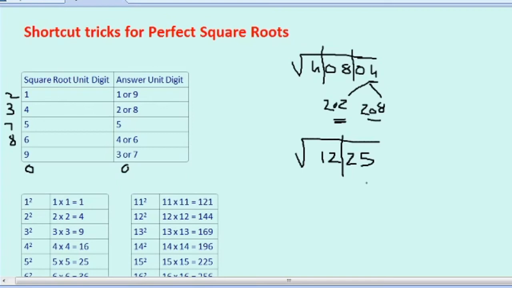So when it is 5, we are sure that it is going to end with 5. Okay, next step you have to do is, now we have to find the numbers which are before 5. For that we will go to this digit. We are going to go to 12. Here it is 12. Now where is our 12 placed in this table?